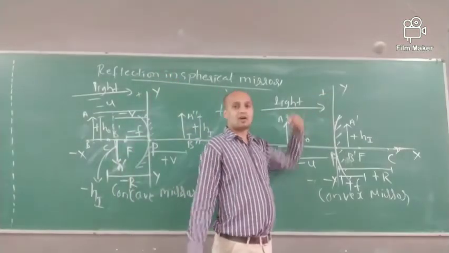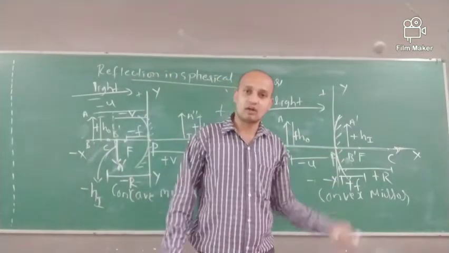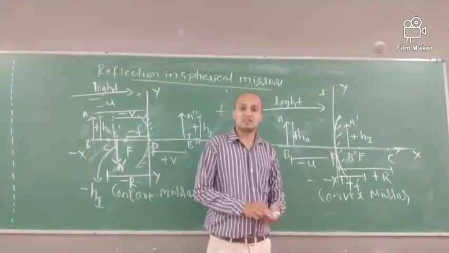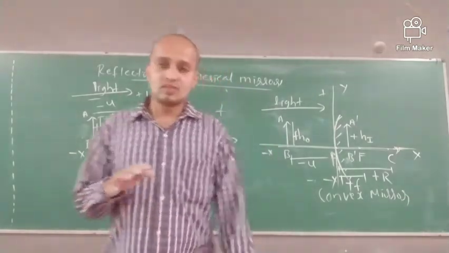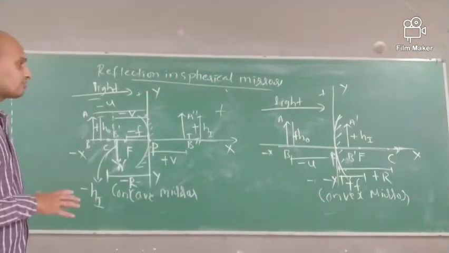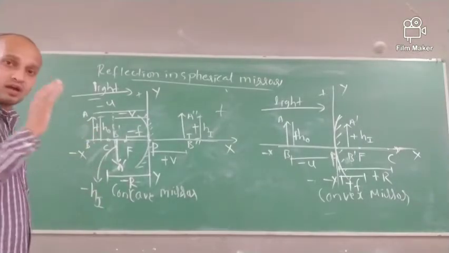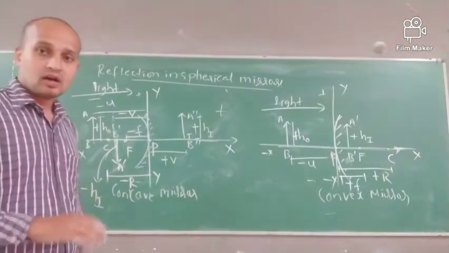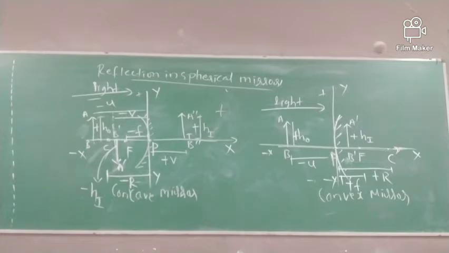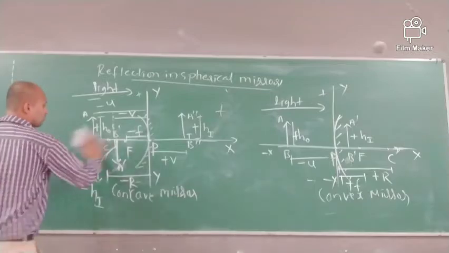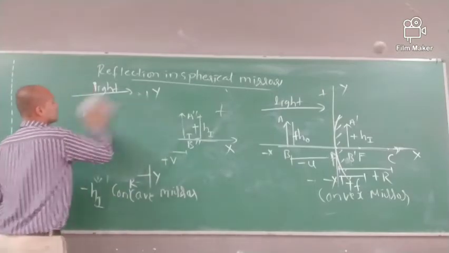Upside of this pole, whatever you measure, we will take as a positive distance. Downside, whatever you measure, we will consider as a negative distance. These are some of the sign conventions which are used in spherical mirrors. Correct now? Next we will take rules for ray diagrams. What are the rules we must maintain for this?